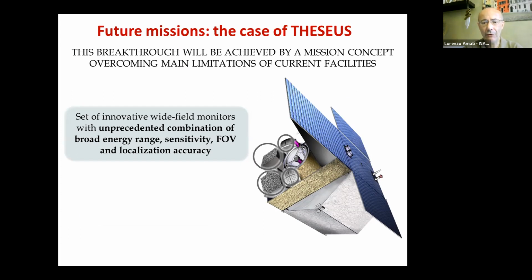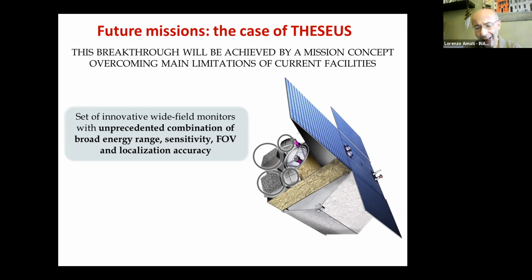As I said, next generation missions for GRB aim at fully exploiting gamma ray bursts for cosmology and multi-messenger astrophysics, and providing these great synergies with future observing facilities. So the concept here is, first of all, to extend the capabilities of the current gamma ray burst monitors by extending the energy band down to the soft X-rays, up to the gamma rays, and of course improving the sensitivity of these monitors, so as to improve substantially the capability of detecting and localizing very high redshift bursts, still keeping a very high sensitivity to short gamma ray bursts and any kind of gamma ray burst.